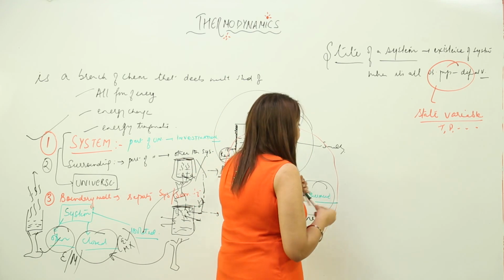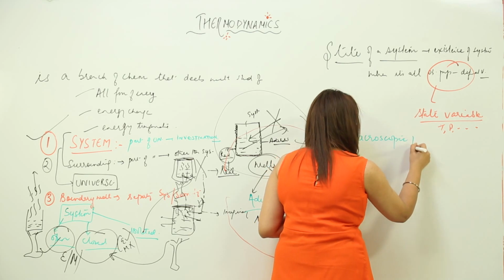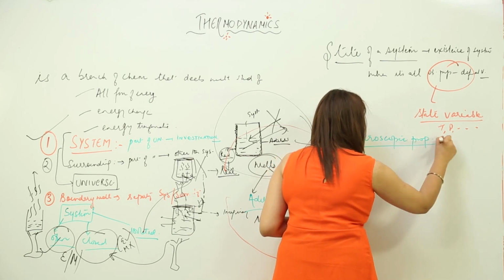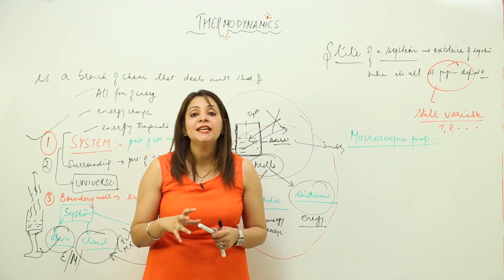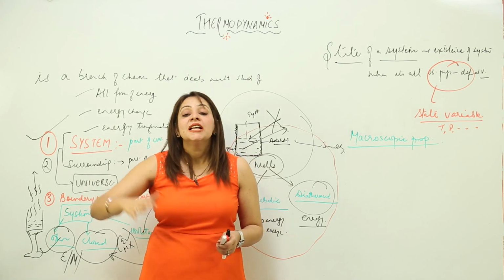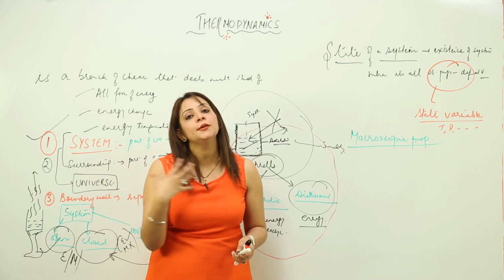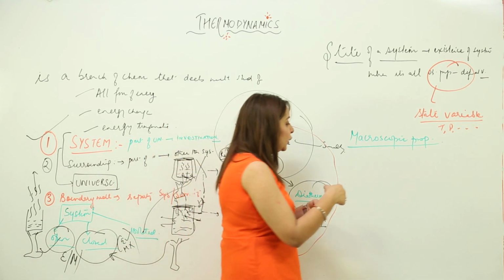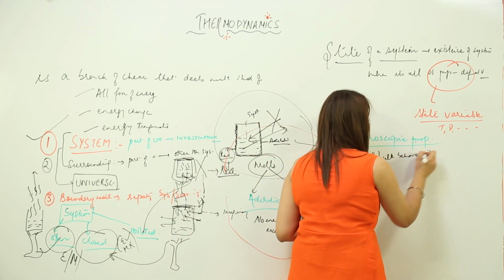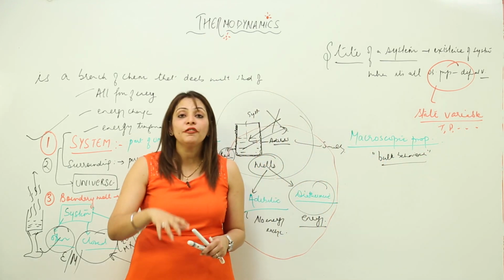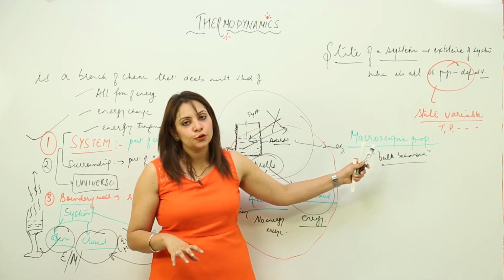Now see, we have one more term, that is macroscopic properties. Macroscopic properties are those properties which arise due to bulk behavior of an atom. That means the property doesn't depend on one atom or two atoms, it depends upon the whole atoms which are present in that system. So they arise due to bulk behavior, that means due to the aggregation of many constituent particles present in that system. That constitutes macroscopic properties.